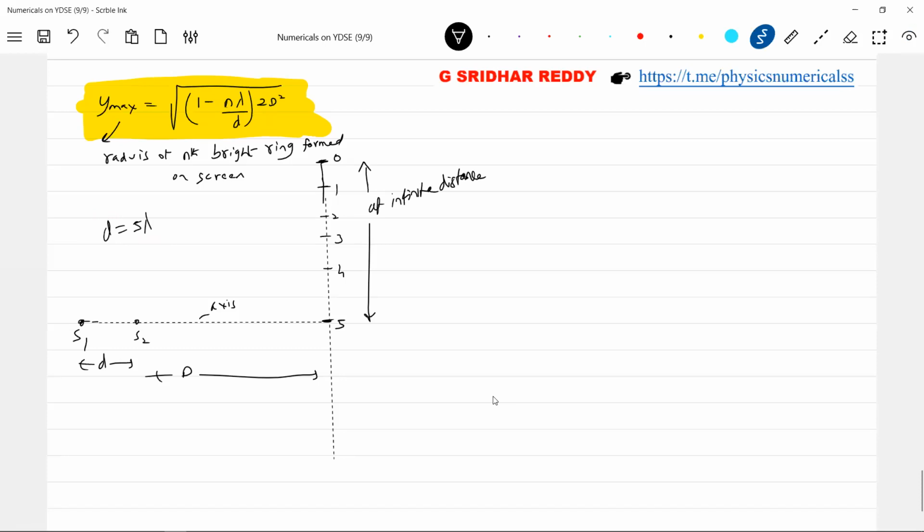Further, what will be that lambda value? How many maxima are you going to see? Here the axis maxima, then altogether 1, 2, 3, 4, 5, and 1, 2, 3, 4, 5. So 11. Sir, why are you making it 5 lambda? Can you make it 3.5 lambda? It can happen, no? We can.